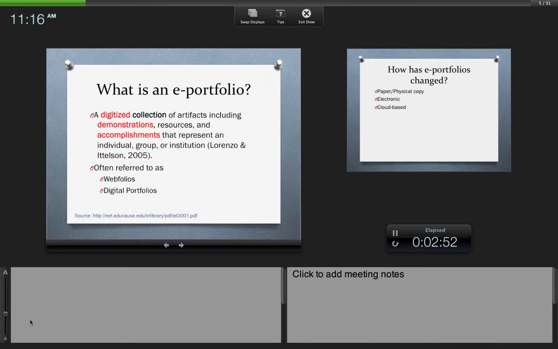So the definition of e-portfolios in 2005 was, it's a digitized collection, and it demonstrates your accomplishments, and it's usually meant for, like, you sell yourself. You go to an institution or your group and you sell yourself and your accomplishments. So this is an old definition, and we're going to see